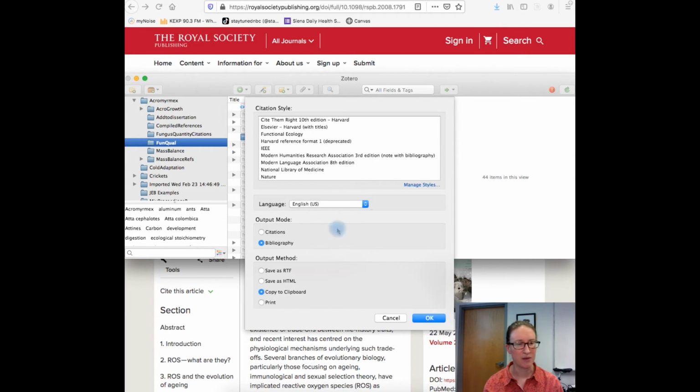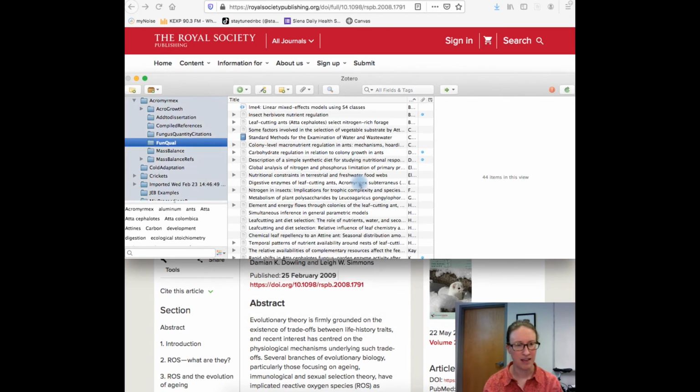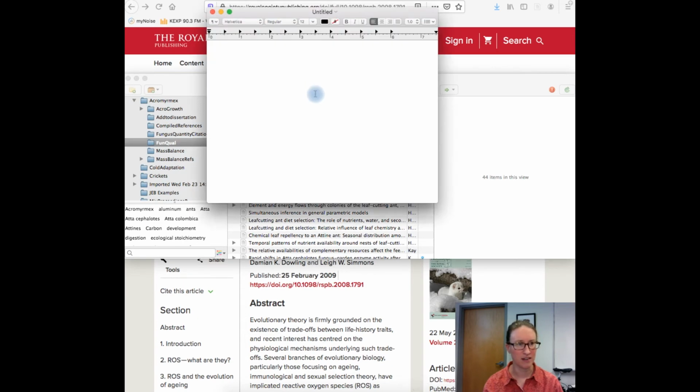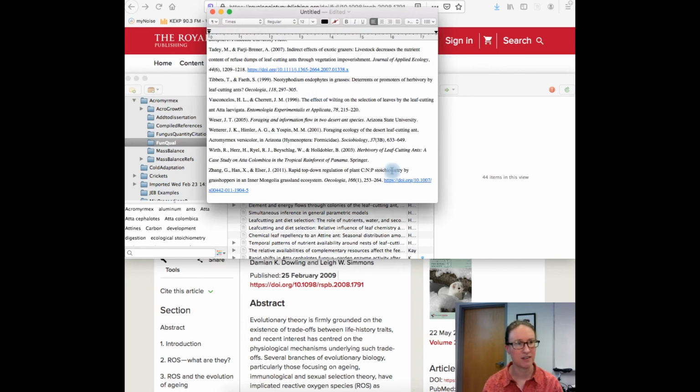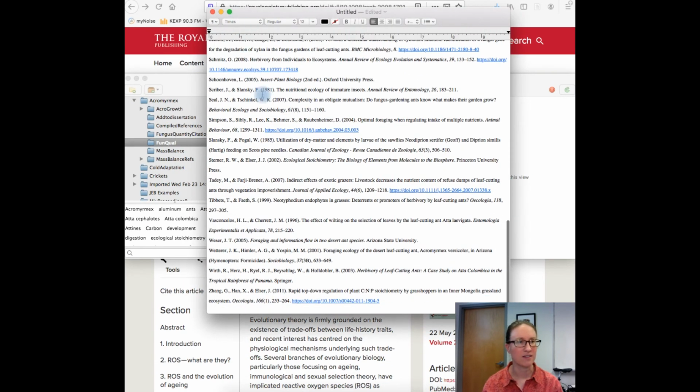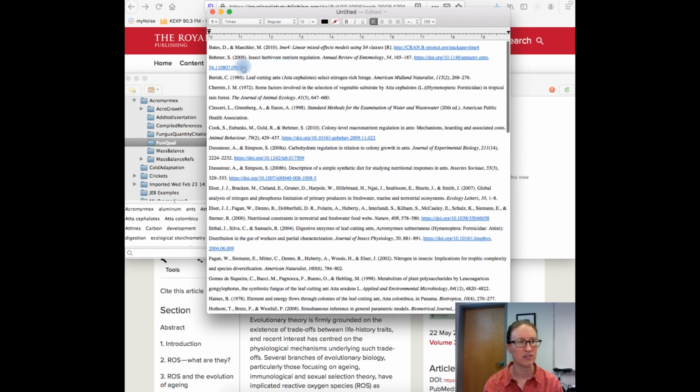And then there's a bunch of ways you can output this. So I'm going to just copy it to the clipboard for right now. And now if I open up just a text file, I'm going to paste this in. What this has done is it's taken that list of citations and it has gotten me started with formatting a